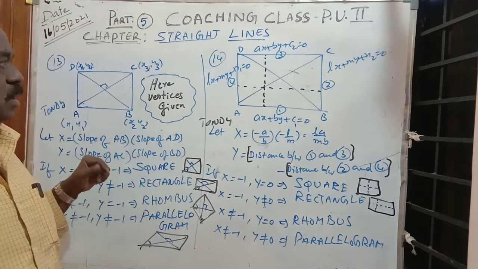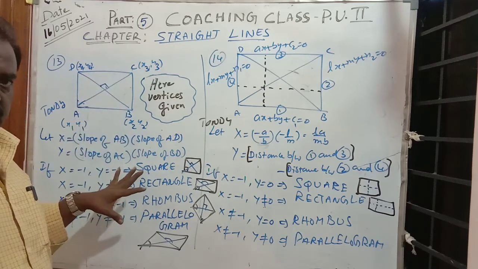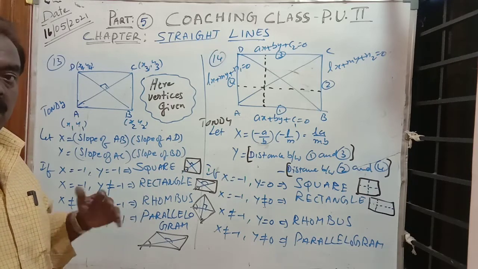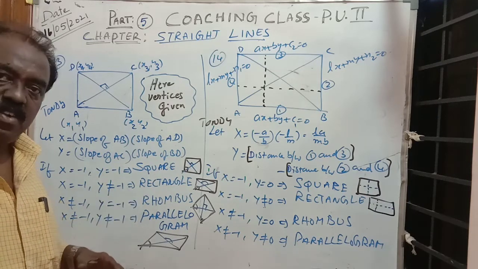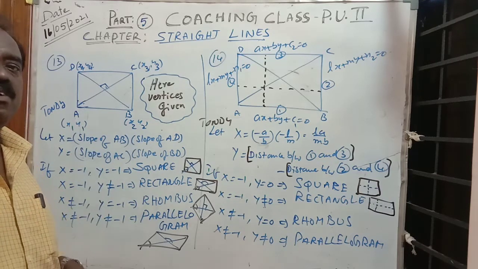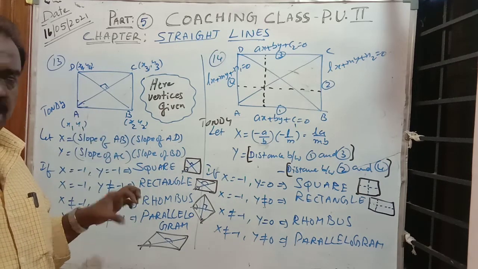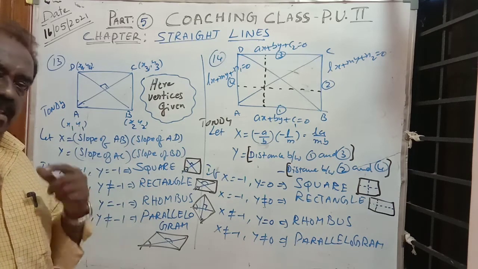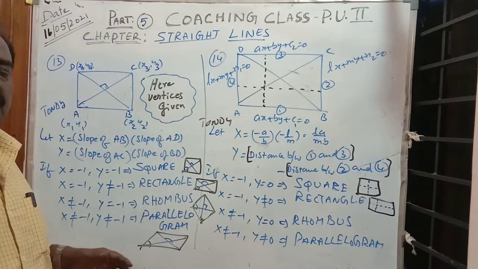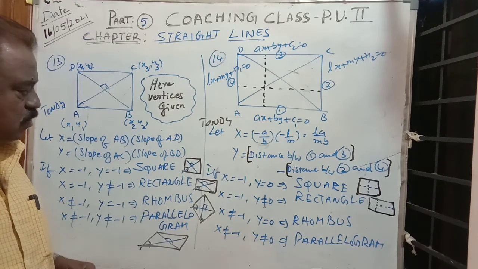Already in part 4 I discussed and drew this diagram. It was lost due to a technical problem. It is not possible to give a 1 hour or 45 minute class, only 25 minutes or 20 minutes at a time. Try to understand it. Whatever it may be, I will give a clear picture and clear voice. That is why I am not taking the class in colleges. I am taking it in my room, with fewer facilities. Please try to understand it.